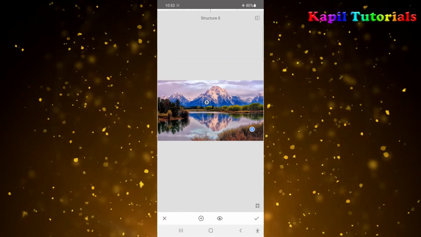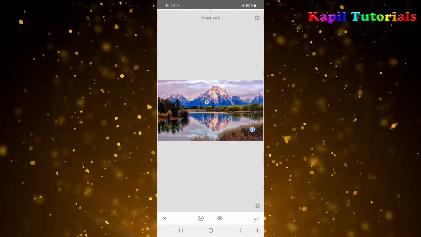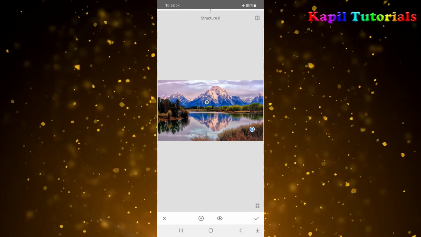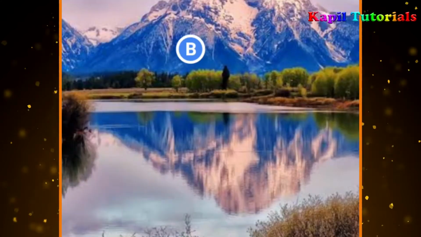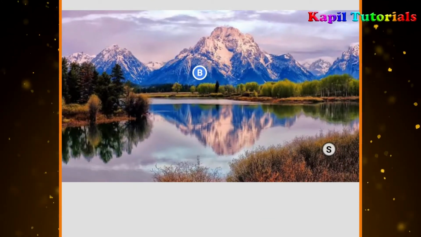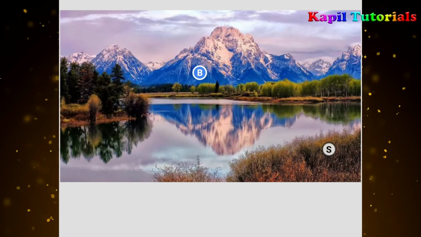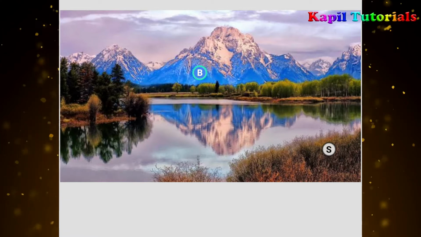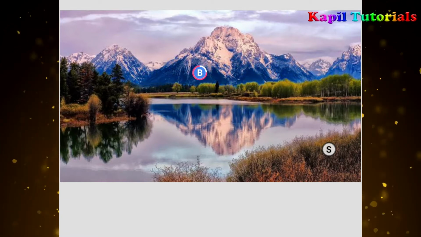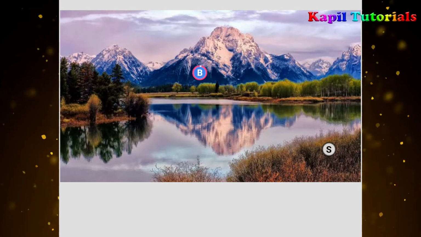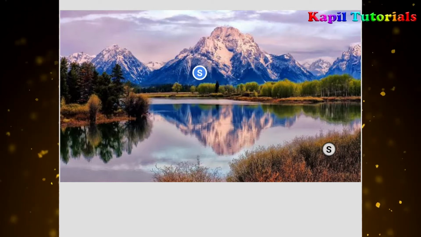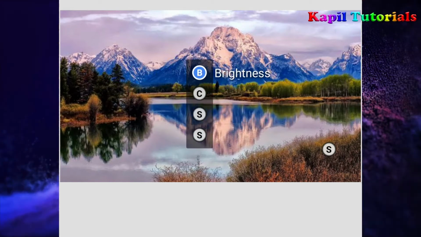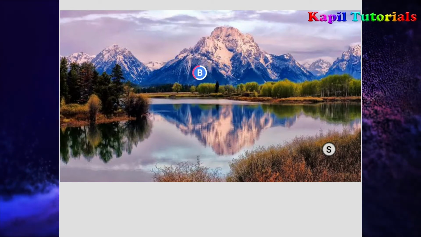Now I want to make changes where sky color is there regarding mountains. So I'll just select that one. Now this is selected when it is highlighted. Suppose here I want to do the changes. Just see. Okay, now it is converted into black color. Then the same way, contrast is there, saturation is there, structure is there. So I hope this concept is very much clear.